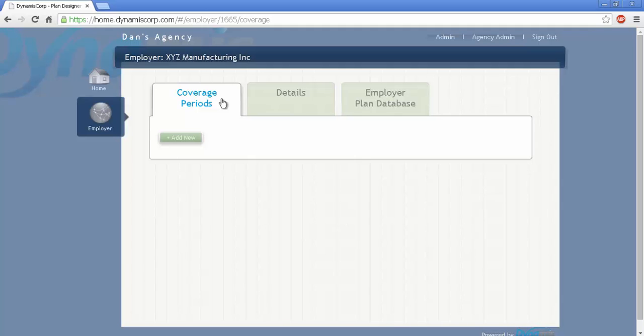Coverage periods represent date ranges for premiums for a particular plan. So basically what this means is that we take employers and divide them up and organize them by their coverage periods. All right. So since we don't have any coverage periods underneath here, I'm going to come up and click